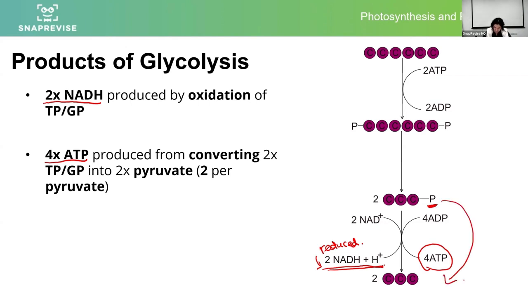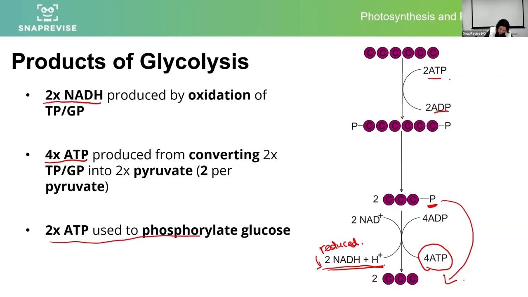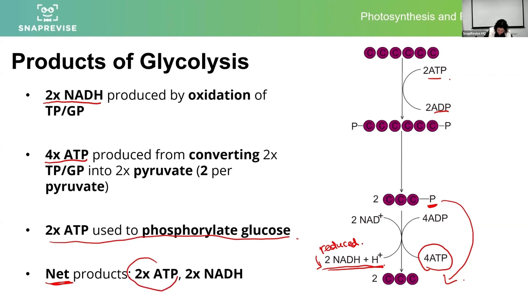pyruvates, right? However, because we also have previously 2 ATPs used in order to phosphorylate my glucose, my net product in terms of ATP is 2 ATPs. And from this reduction step here, I'm just going to use a different color. From this reduction step here, I should have done this in green, guys, sorry, is my 2 reduced NADH. And it's these that are actually going to go